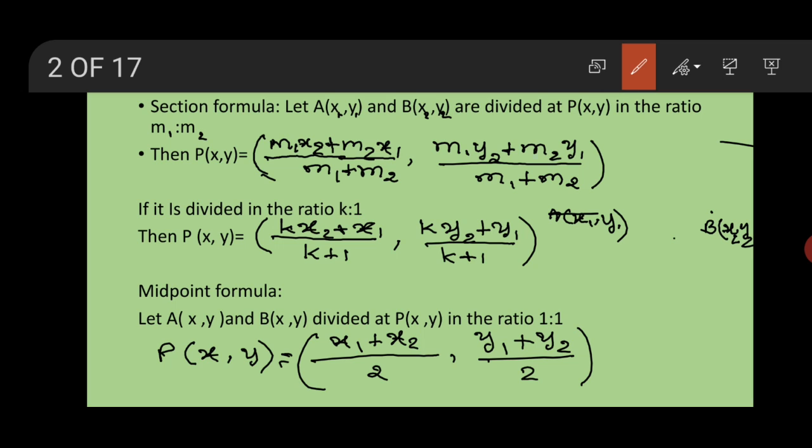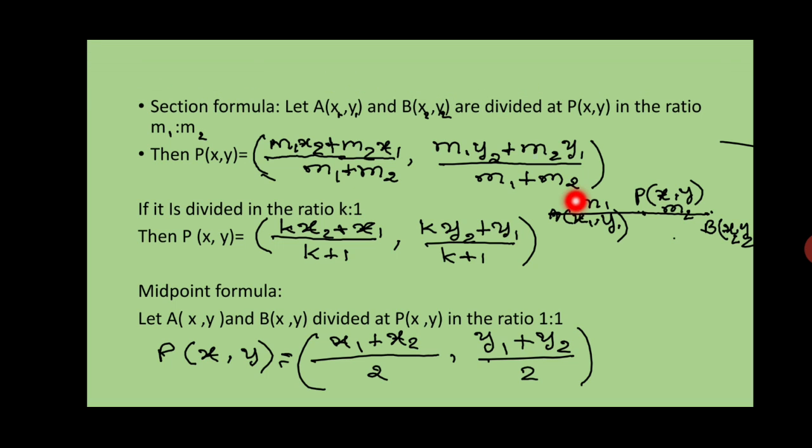These 2 points are separated by a point P and its coordinates are x, y. These are divided in the ratio m1 is to m2. That is AP is equal to m1 and BP is equal to m2, and the formula is given by, to find the coordinates